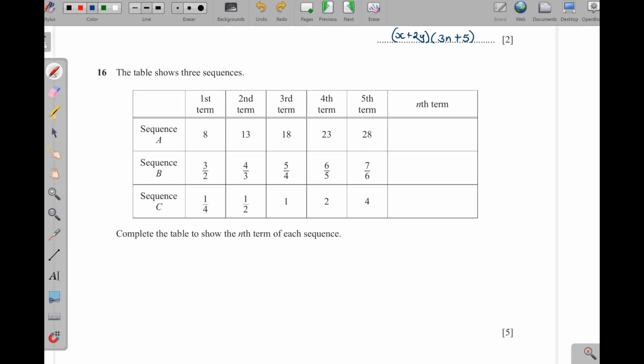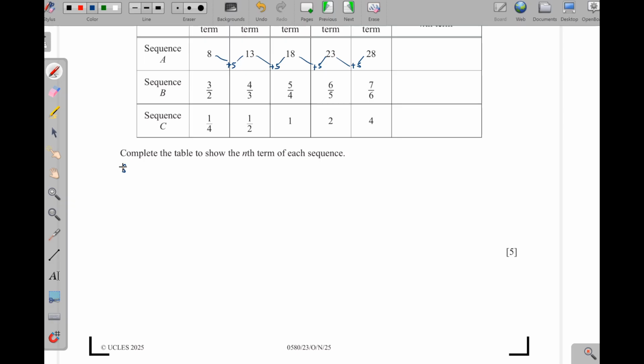Then question 16 is coming from sequences. The table shows 3 sequences. Sequence A, we can see this one is a linear sequence because we are adding a 5 here, you add a 5 here, you add a 5 here, then you are also adding a 5 here. So the nth term, let us look at sequence A. Since this one is a linear sequence, because it has a common difference, we are adding this 5 every time. Then the nth term of any linear sequence, actually in A level, when you continue with math,